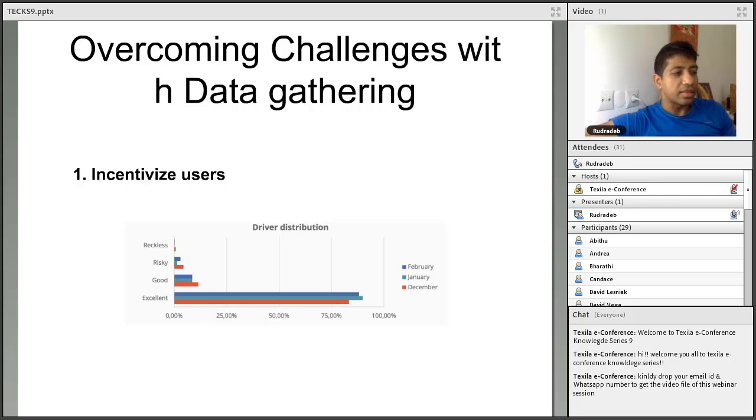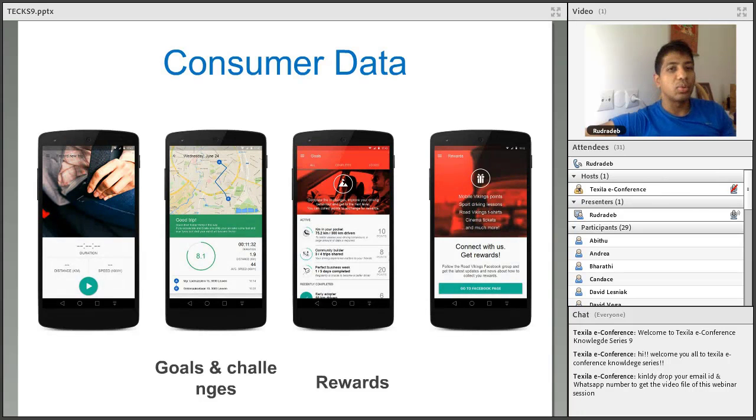And when I say incentivizing the users to share the data, what we did in our case is we created something called a gamified system. So we had things like goals and challenges, and then we provided some rewards. We said if you drive, a goal would be to drive on a Friday evening and get a score over 9. And 9 was a score based on how you are driving. If you score 9, then you get 20 points. And if you get, let's say, 30 points in total, you get a free coffee. And just creating a gamified system.